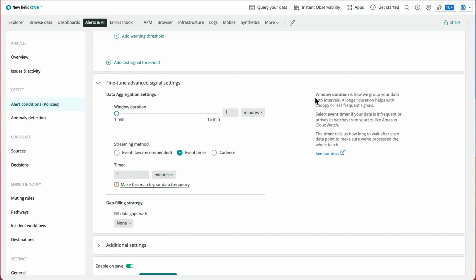Event Timer, which is an event-based streaming method, ultimately uses a timer based on processing time to determine when to finish the aggregation for a specific aggregation window. This timer starts when a data point is received and is reset by a subsequent data point which has a timestamp that maps to the same aggregation window. If the timer expires before being reset by another data point arriving, then the aggregation function runs and the resultant data point is sent downstream for evaluation. If another data point arrives for the same window before expiration, the timer resets and the process restarts.